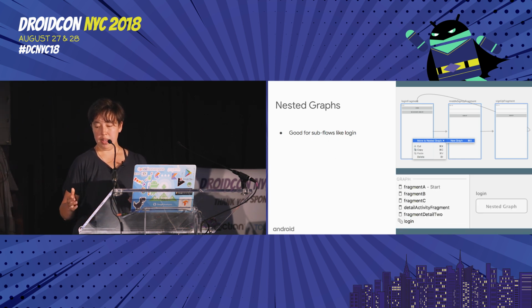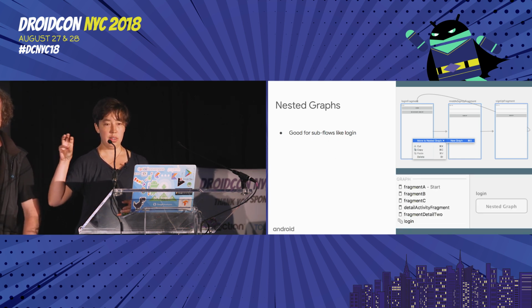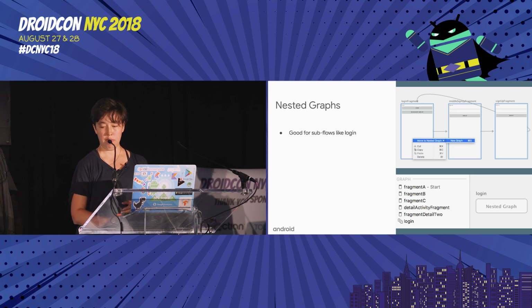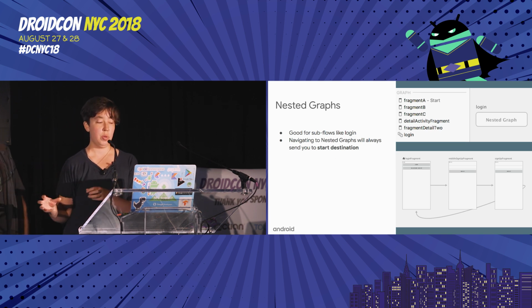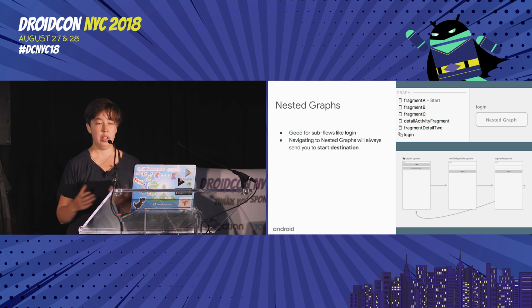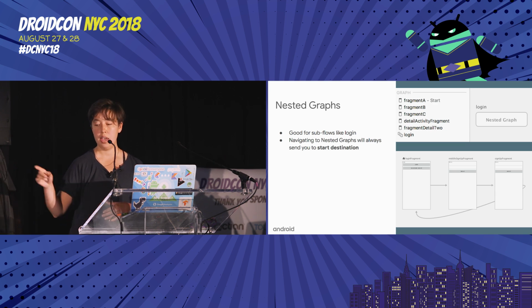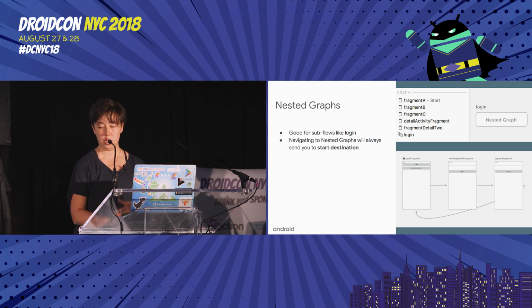When you actually implement that, it makes all those destinations look like that single bubble that says nested graph right there. So you usually navigate to a nested graph, and you don't navigate to the fragments within nested graphs, making them a fairly isolated flow of screens. And when you navigate to a nested graph, it goes to the nested graph start destination. Just like your outer graph, the nested graph will also have a start destination. So whenever you say, hey, go over to this nested graph, it's going to go to that start destination, which in our case is the first screen in our login flow. And you can see it's represented there by the little house icon.